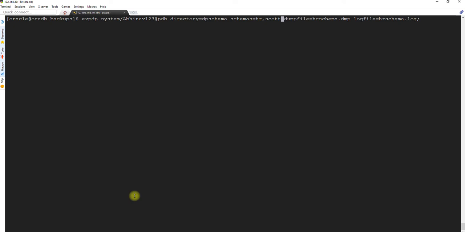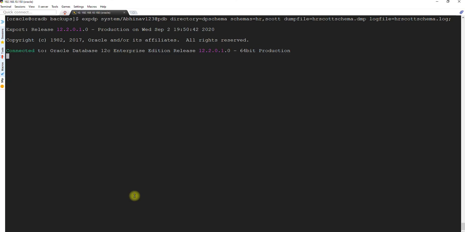So we are taking multiple schema backups using the same system credential. What I need to change is, DP schema is all okay, but I will use HR, Scott, and name the dump file Scott. Let's finish this as well.